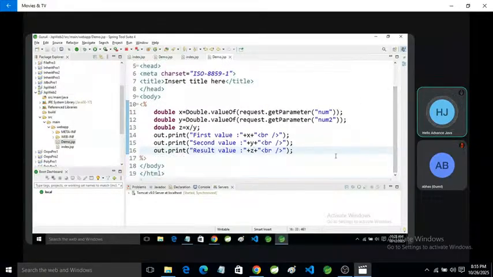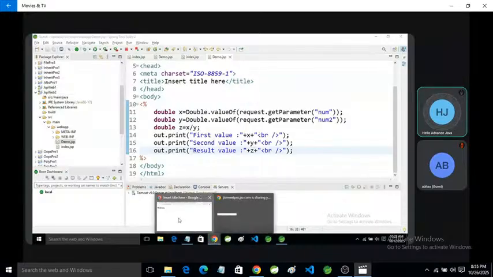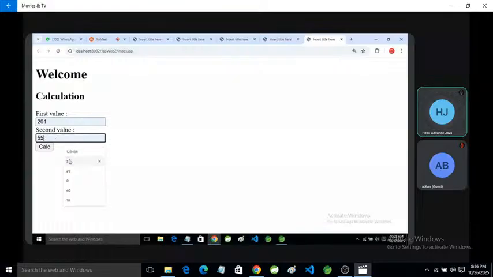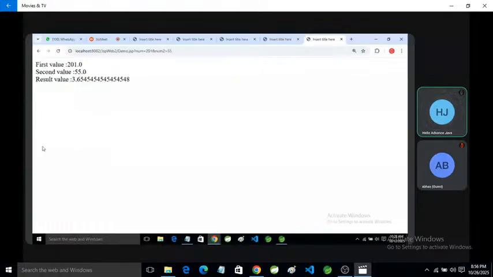Okay, so now I'm going to execute it. We can put here first value, second value, click on calc and you can see that is the result.